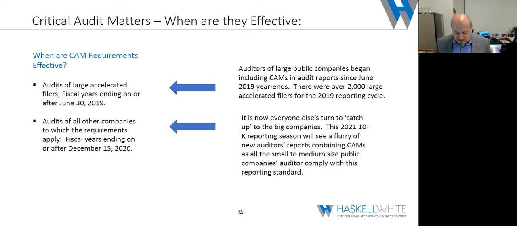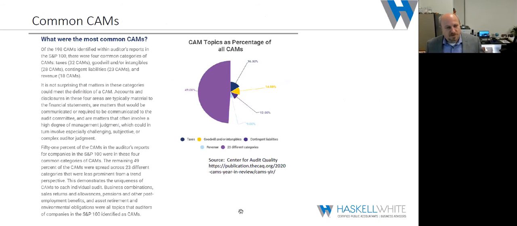So if we look at the next slide, out of this same survey from the Center for Audit Quality, they went through the S&P 100 as their source base to go through. And it's a good little study. I think we've seen other studies during the year that have looked at larger public companies, and I don't think the results are too different in this population versus others. This graph is right in that source out there. But when you look at it, the top 4 things that they came up with, the common areas for discussion, were taxes, income taxes.